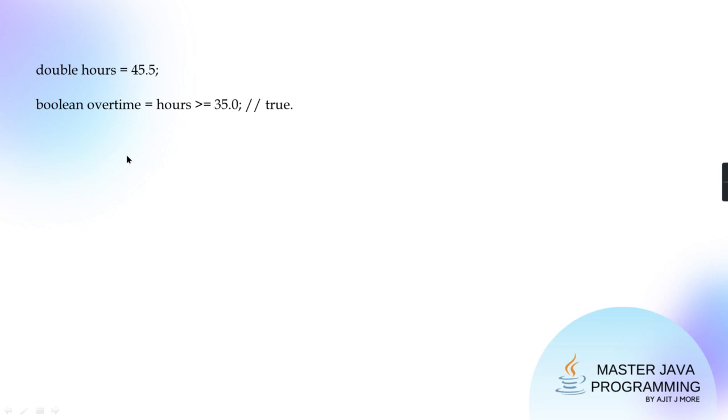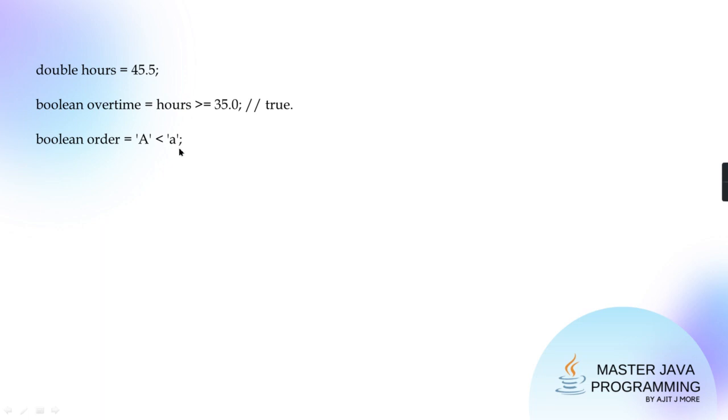Only tell me here, guys, is there any binary numeric promotion needed in this example? No. Why no? Because ours is already double. 35.0 is already double. Remember guys, it's not float, it is double. When you suffix f to it, then only it is float. Otherwise it is double. So already both are double, and no need of promotion. The answer is true.